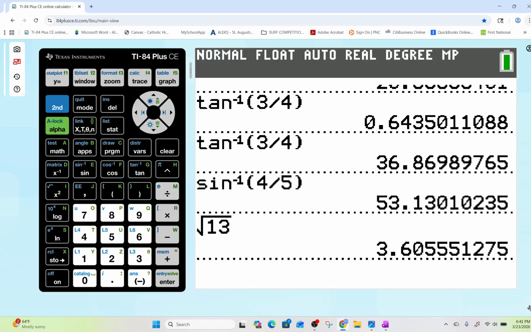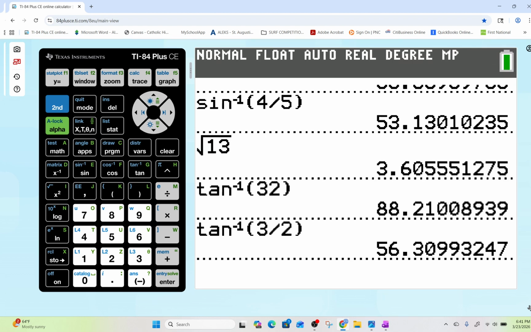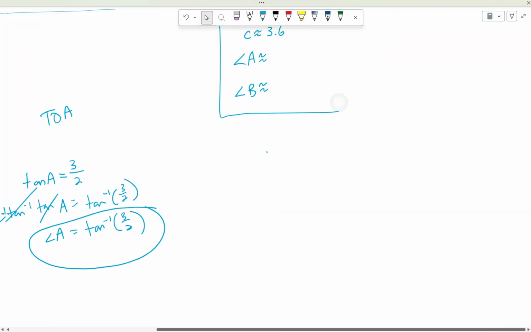So again, I go to my calculator, go to inverse tangent. I take 3 divided by 2. Oops, that's inverse tangent of 32, right? That's not incorrect. It looked at what my window said, so inverse tangent of 3 divided by 2. And that is 56.3 degrees, so here, this is about 56